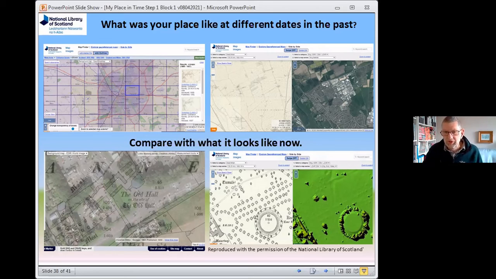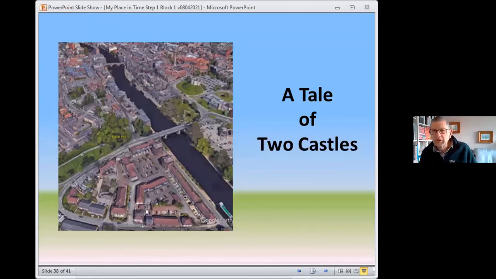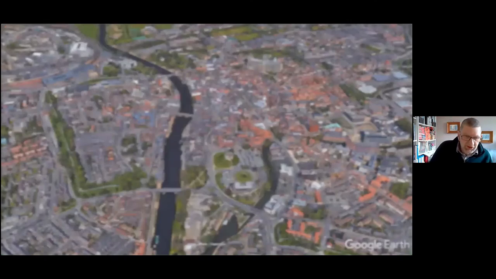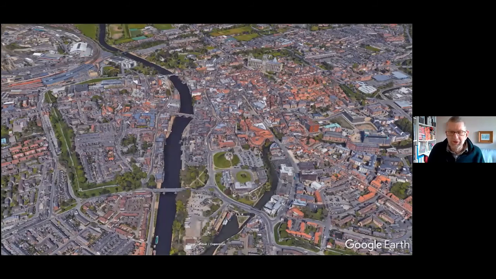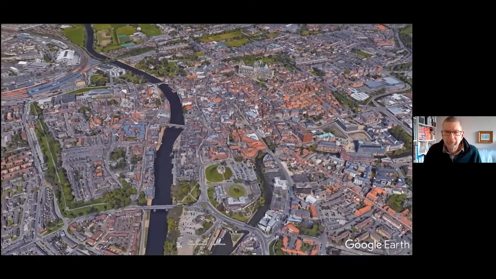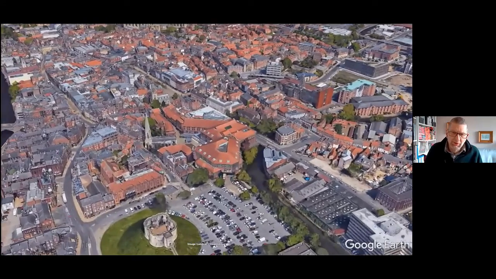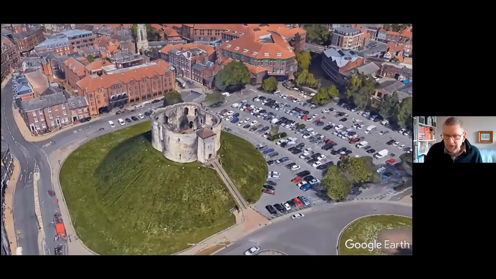And of course, we're going to send you a bit of homework. This is the challenge that we'll be sending out to you with the digital pack, and it's called A Tale of Two Castles. Now, in a way, this is really just to get you going again. I formulated some questions in relation to A Tale of Two Castles in a way that you might structure something for your group. It's just a way of helping you think about how you might explore a modern place in